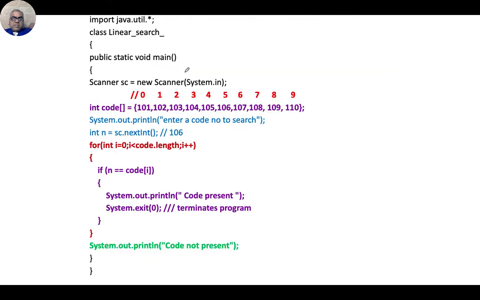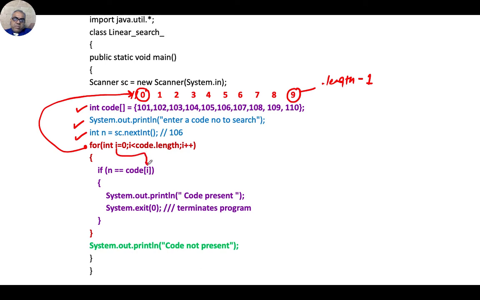Now for binary search, let's also very quickly understand the program in linear search. Here is the code array, which is a program requirement. Without data you cannot search. There is an input coming from the user. Once the input comes, this particular line is useful to generate these cell numbers. Cell numbers begin from 0 until the value less than code.length, which is always length minus 1. That's why i less than code.length means if code.length is 10, i less than 10 means 9. The computer will generate all the values 0 to 9.